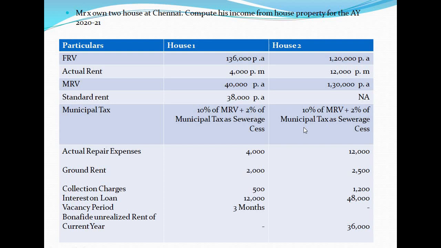But for house number 2, the standard rent information is not available. Then the municipal tax, the actual repair expenses, the ground rent, the collection charges, then the interest on loan, that is 12,000 for the first house, 48,000 for the second house. Vacancy period is 3 months for the first house; there's no vacancy for house number 2. Then the unrealized rent: for the first house there's no unrealized rent, but for the second house there is for